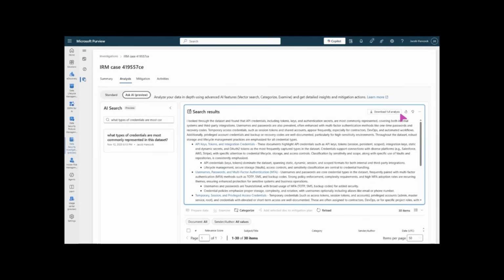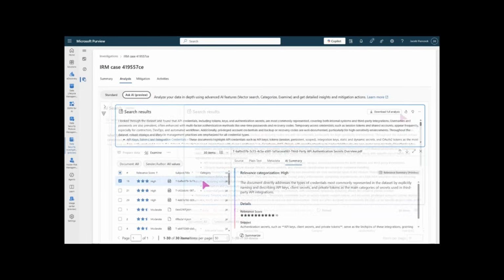Yes, I can download it. But more importantly, you can see there's hyperlinks. So all of those are evidence, and the documents are below supporting evidence of what I was looking for. So I was looking for credentials, and it's telling me, yeah, I found API tokens, I found MFA information or temporary sessions and privileged access credentials. And that's what I'll show you next.